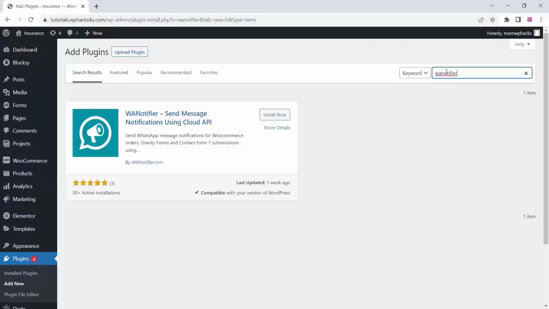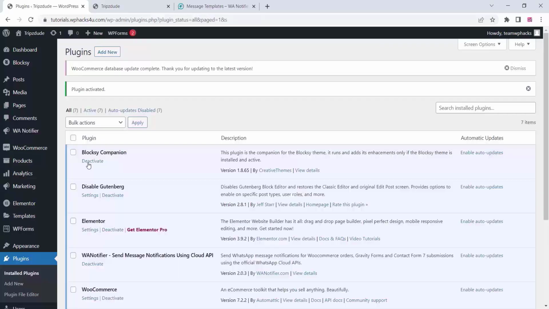As you can see, WA Notifier plugin is available in the WordPress directory. You can install and activate this plugin. Now you can see the WA Notifier option on the left hand side. Just click on there